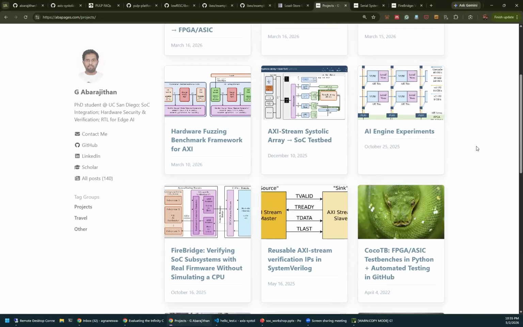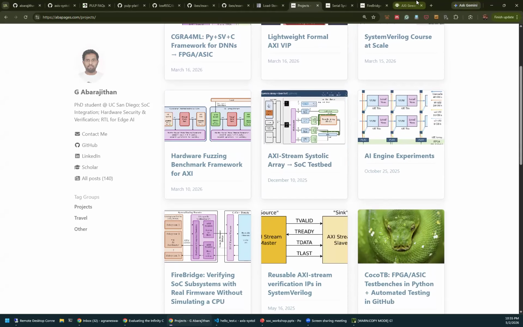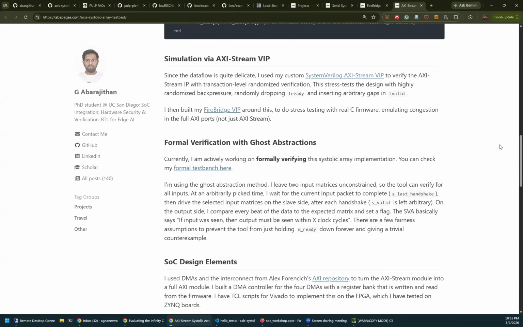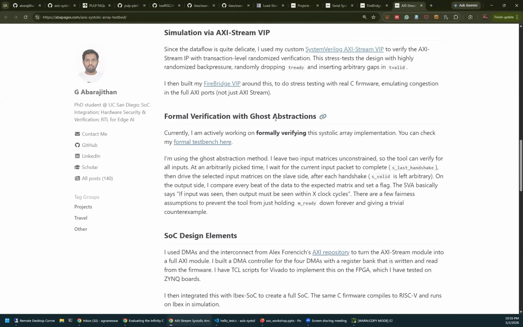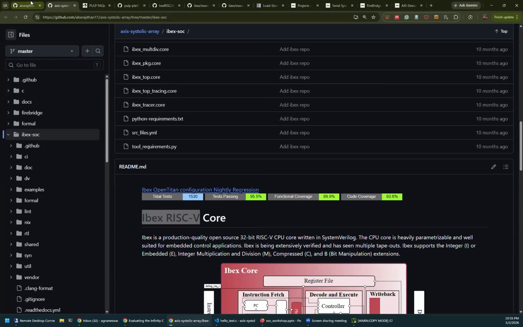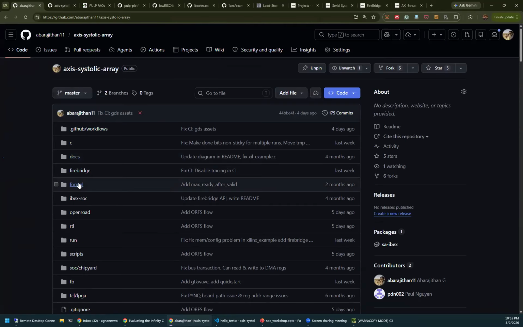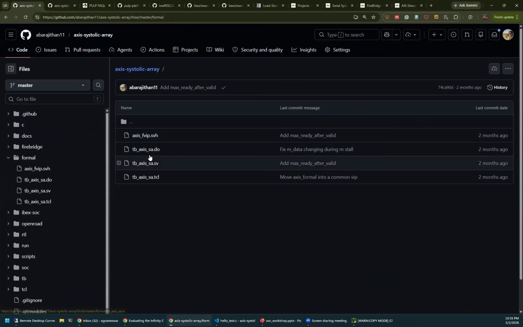And yeah, this is the systolic array testbed part. Okay. One of the more interesting things I'm doing with this, which you may not be able to replicate because you may not have the tools for it, is formal verification. I'm trying to formally verify this systolic array, and you can look at my attempts over here inside this formal folder. Okay. So it is in this